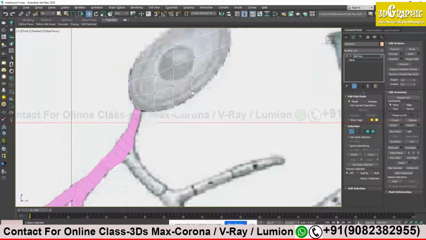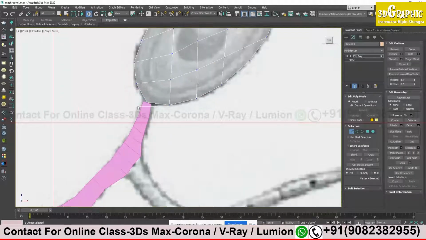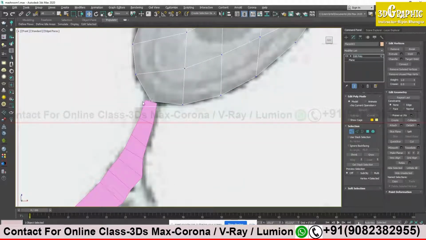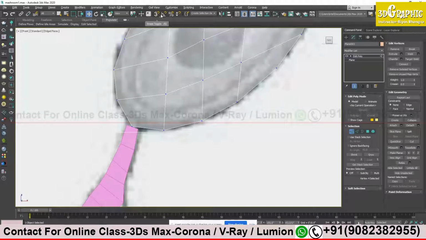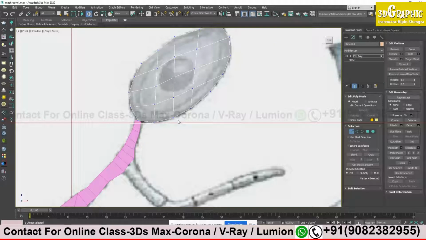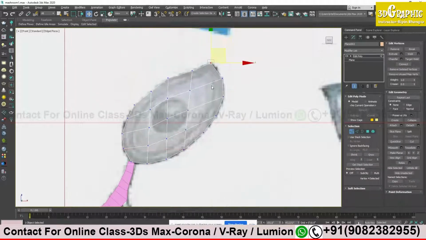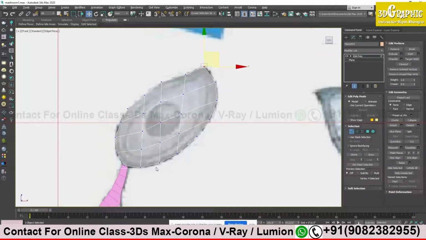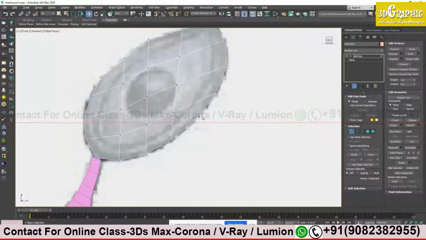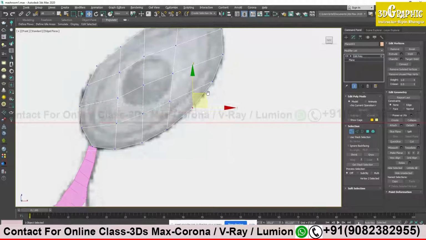Snap, if you want to snap one object to another object or one vertices to another vertices, that time you can use snap option. And snap option is very nice. It will be very helpful to you. But as of now, right now I don't need it. I need just my reference image. Wherever I am saving this reference image, the outlines, I just click the vertices and just move it freely to that outline. That's it, it's done.